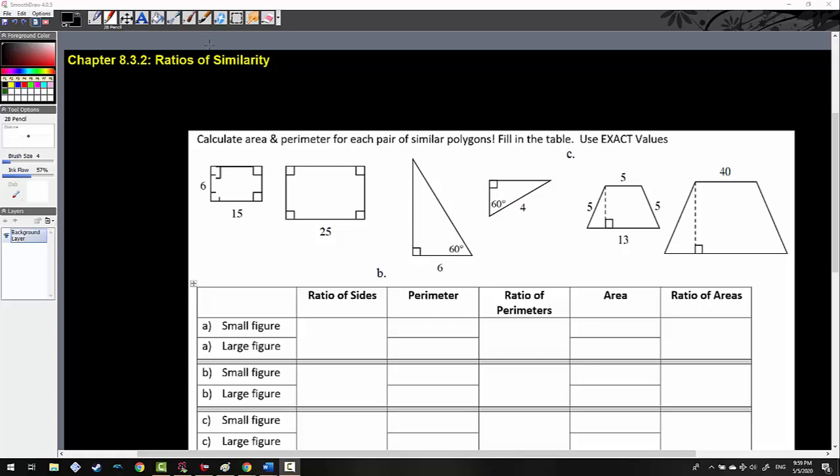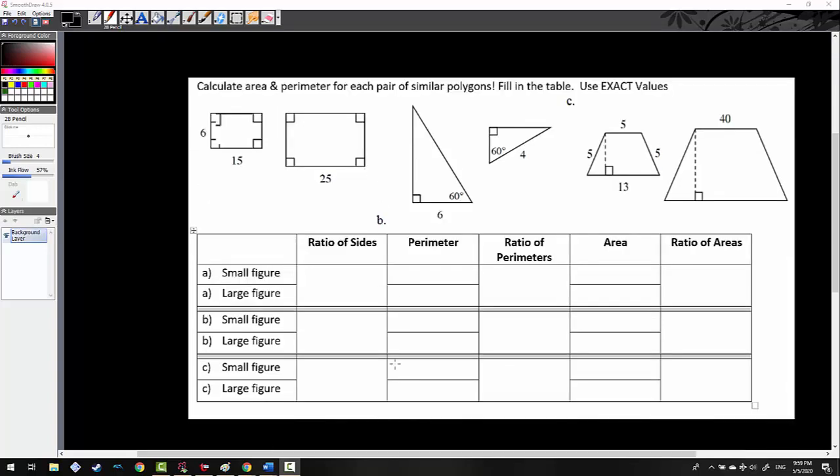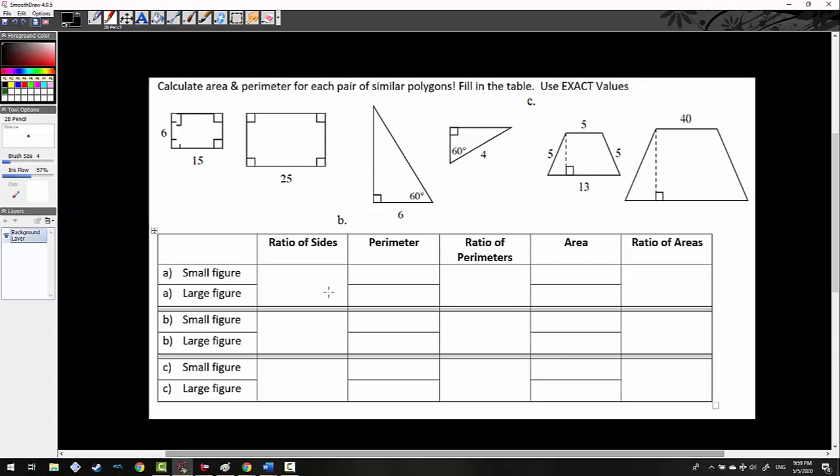In today's episode, we will be discussing Chapter 8.3.2, which is Ratios of Similarity. The purpose of this lesson, at the end of the day, will be for you to understand how to calculate area and perimeter, and use scale factor and ratios to calculate area and perimeter more quickly. To do this, we're going to